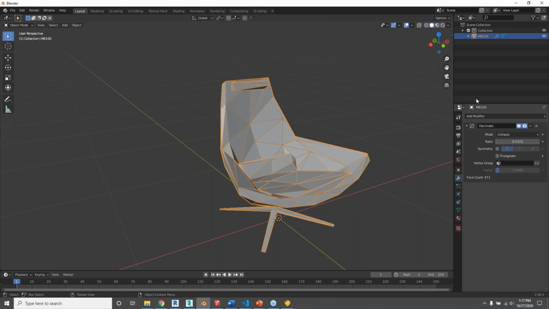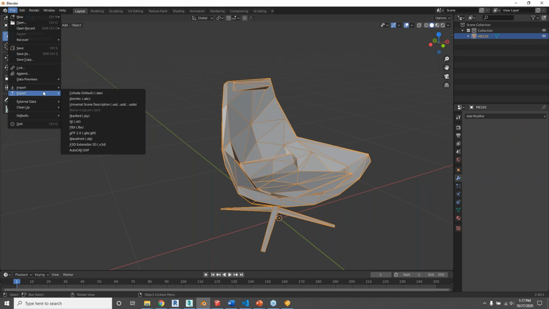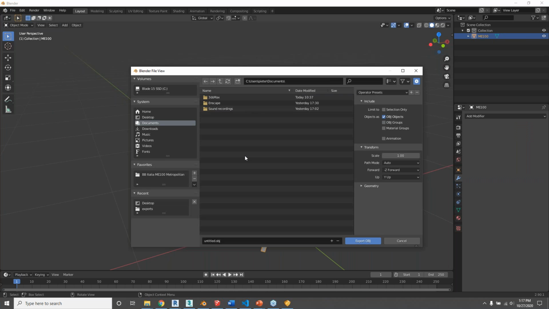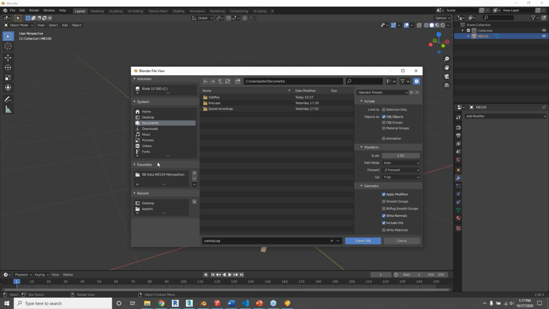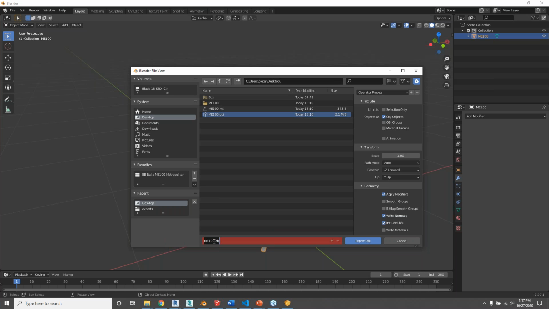And so what I do then is I apply the modifier just to be sure that it's included in the export. Not all exporters apply modifiers when you export. So let's apply that here, and then File, Export, OBJ. I'll show you what settings I typically use. I exclude materials because there's no need to have them. And that is pretty much all you will need. So let's call it 100 placeholder